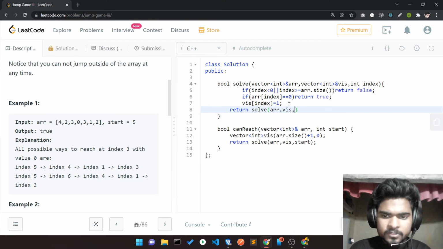I call my function with array and visited.